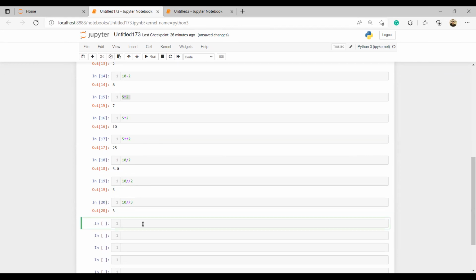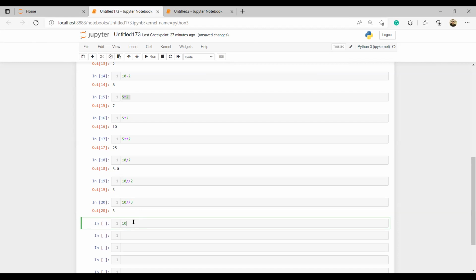It's giving you the whole number, not the decimal division. With 10 divided by 2 you got 5, but one gives you a decimal and the other gives you just the whole number.